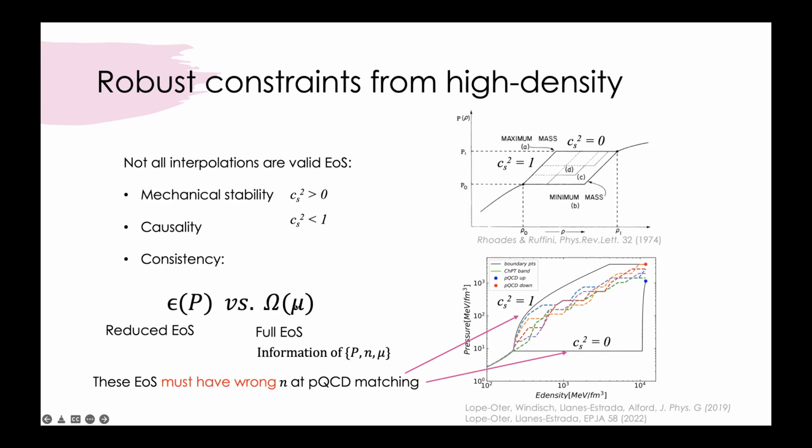Unlike the grand canonical potential, and there's more information in the grand canonical potential than in this reduced equation of state. And these microscopic calculations give us the full grand canonical potential. So in addition to knowing the energy density and pressure, we also know the particle number density and chemical potential, for example. And now you can ask, well, if I have an equation of state like this,